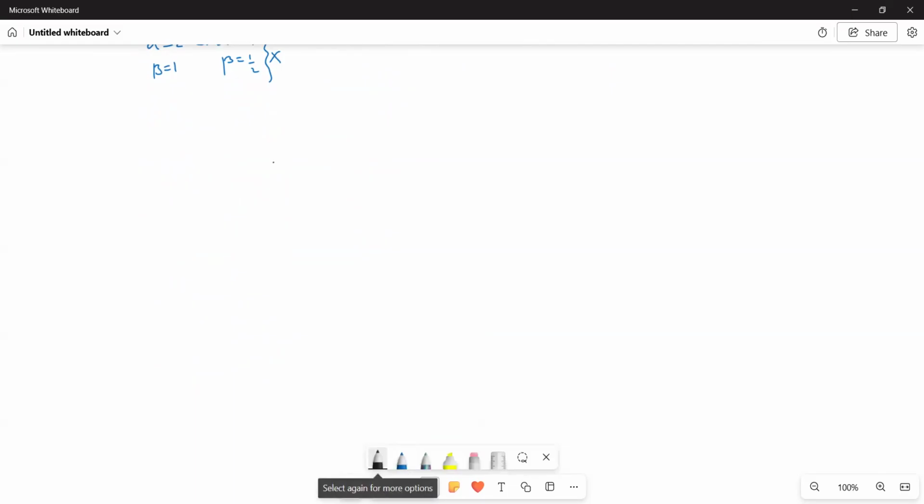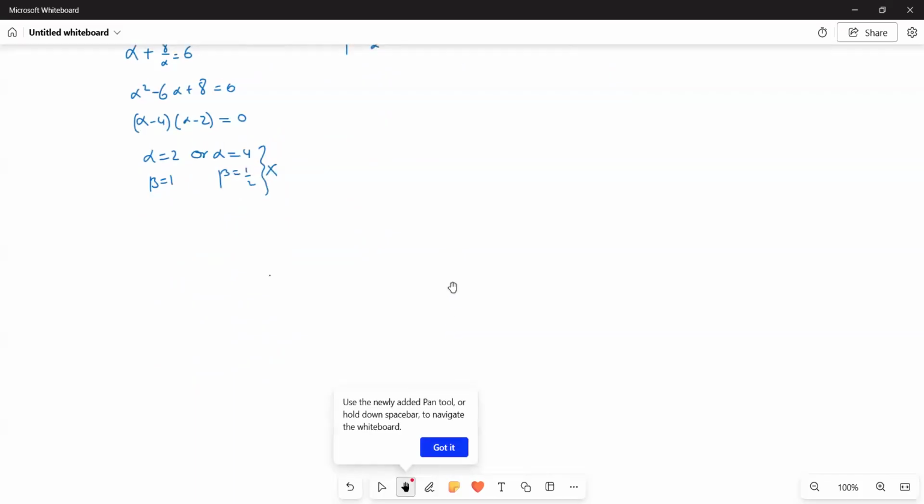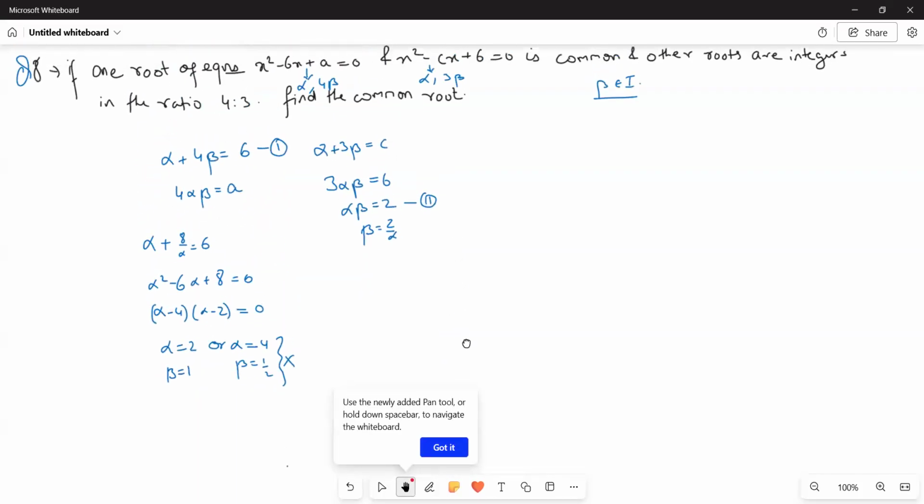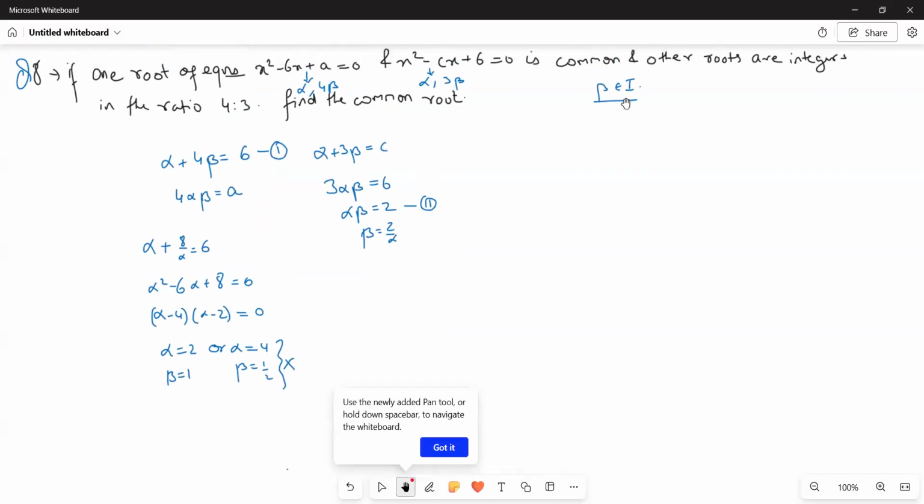सर ये सेकंड वाला रिजेक्ट ही हो जाएगा, फिर से बता दीजिए। क्योंकि बीटा हाफ आ रहे हैं ना, but we know that beta has to be an integer. बीटा इंटीजर का केस है ना. ओके सर।